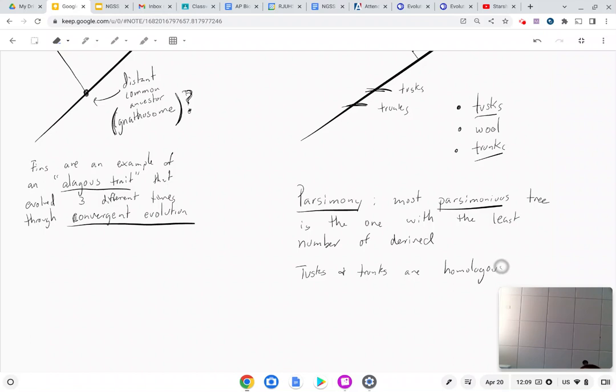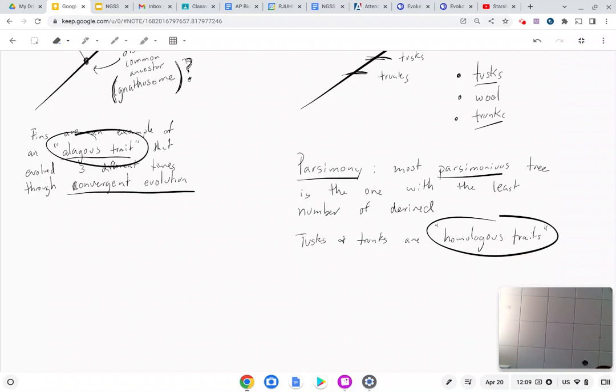The reason why they're homologous is because the reason for their similarity is recent common ancestry. And that contrasts with analogous traits. Tusks and trunks are examples of homologous traits because they evolved once,